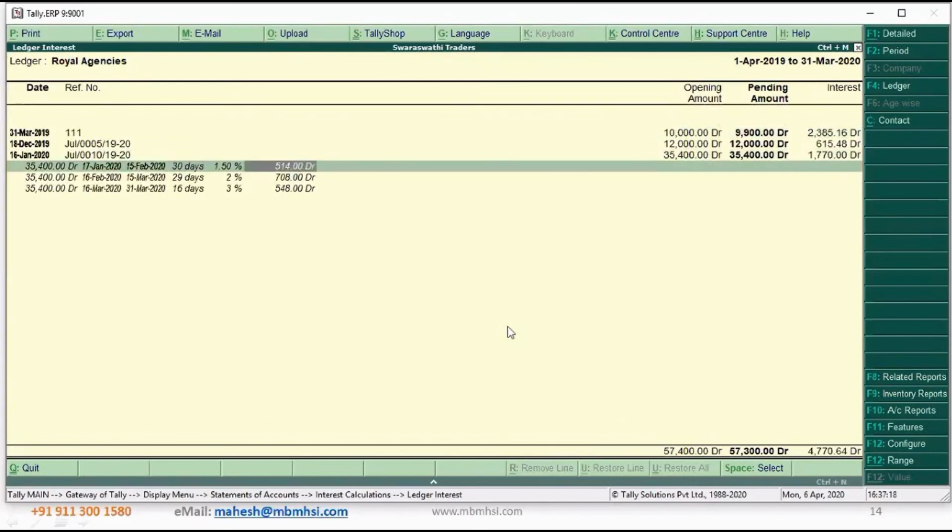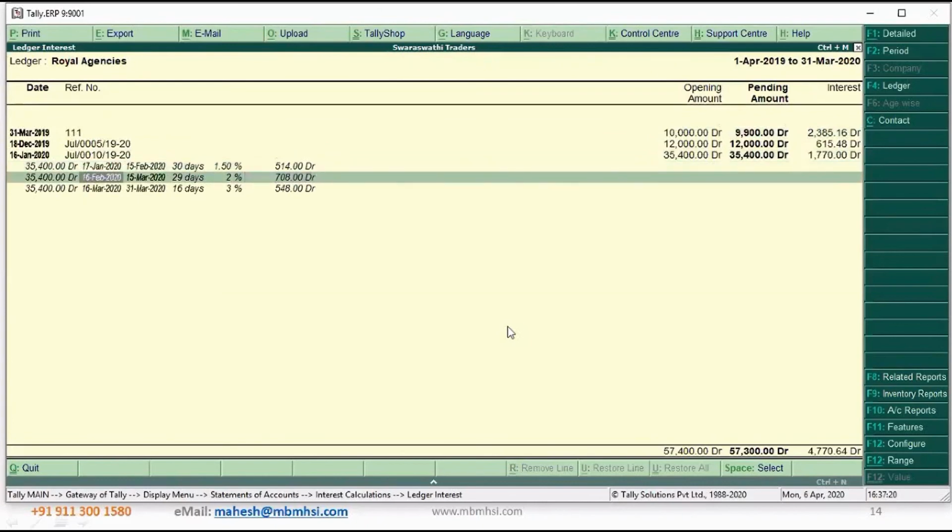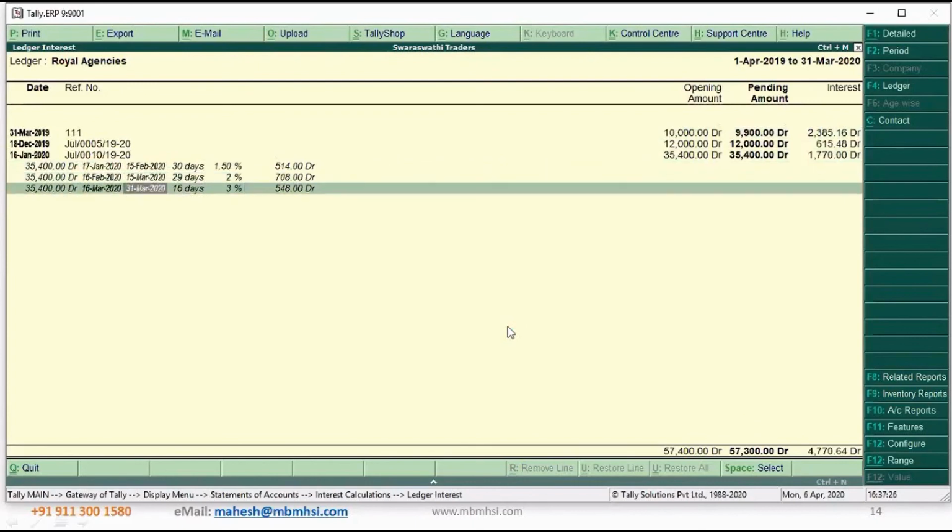it is 514 rupees. From 16th February to 15th March, it is 29 days at 2%, it is 708 rupees. From 16th March till 31st March, it is 16 days at 3%, at 548 rupees. So effectively, I need to charge him 1,770 rupees. So these are some of the advanced parameters that you could set so that from customer to customer,